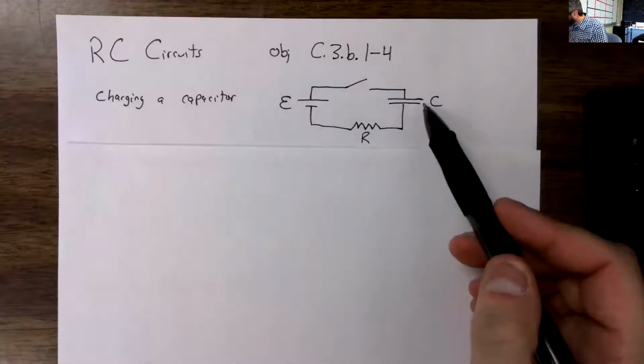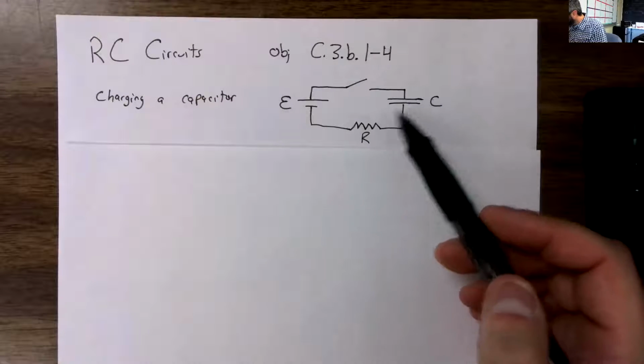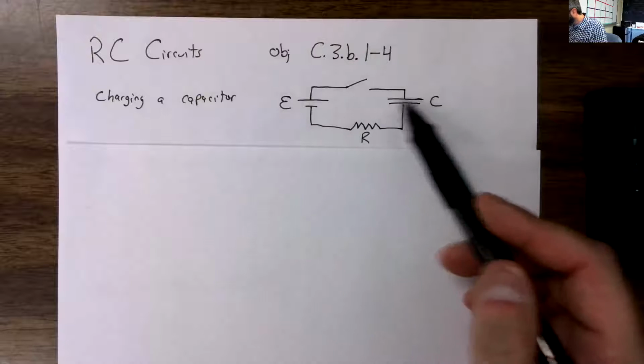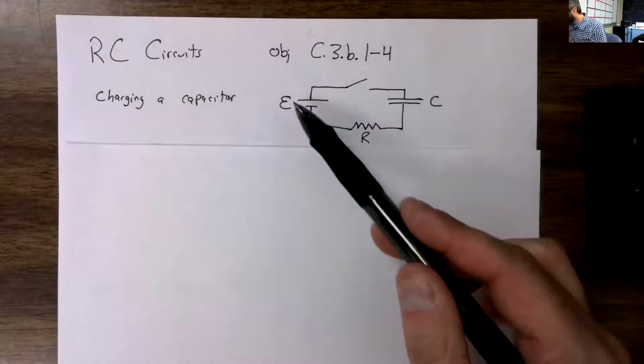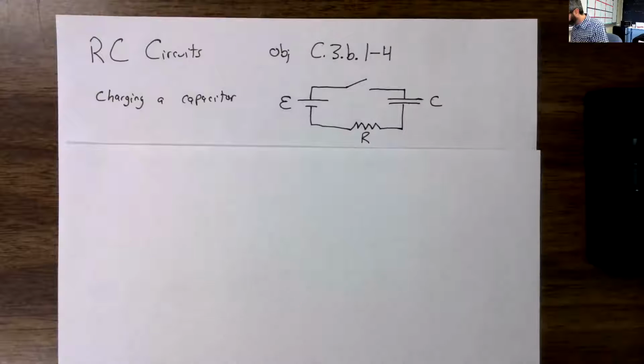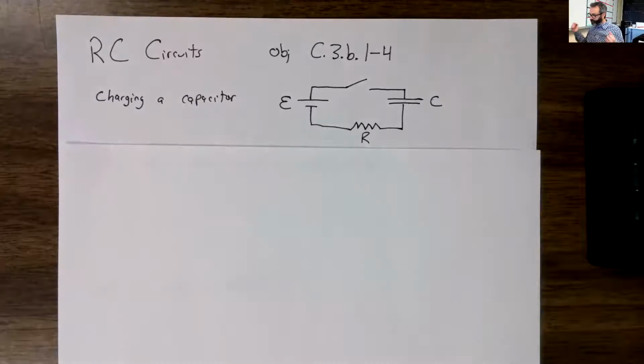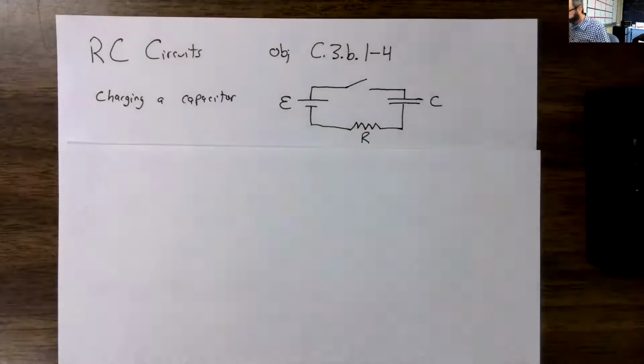So a bigger capacitance is going to mean it's going to take more charge to fill up the capacitor to whatever our EMF is. So we expect a bigger capacitor is going to take longer to charge, and a bigger resistor is going to take longer to charge. So let's find out what happens